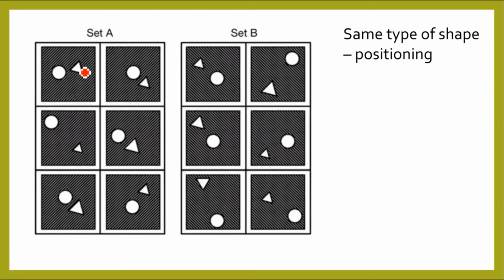So in this case we can look at the triangle, and what we see is the triangle is to the right of the white circle, and again in there as well, and in there as well, and that will be the rule. So triangle is positioned to the right of the circle. But a lot of people will just stop there and move on,